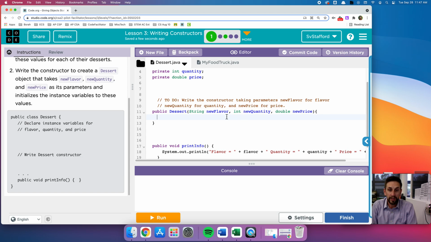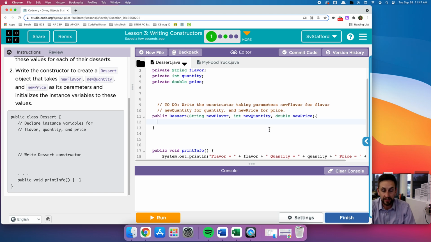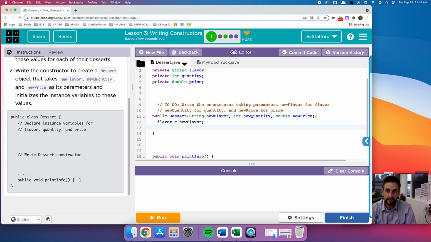And what we're going to do is initialize those instance variables using the parameters. So flavor is going to be set equal to newFlavor. Quantity is going to be set equal to newQuantity. And price is going to be set equal to newPrice. So we'll run this,